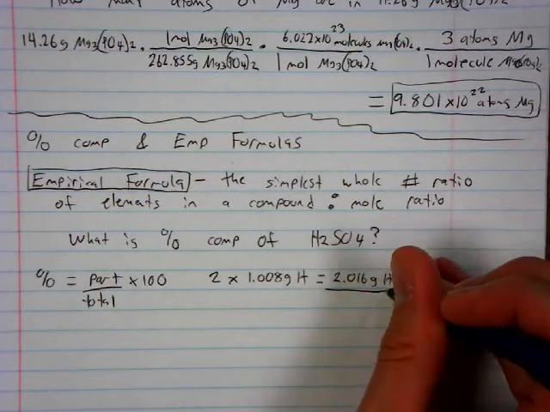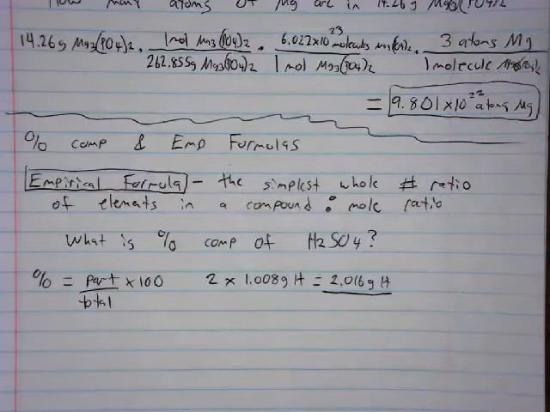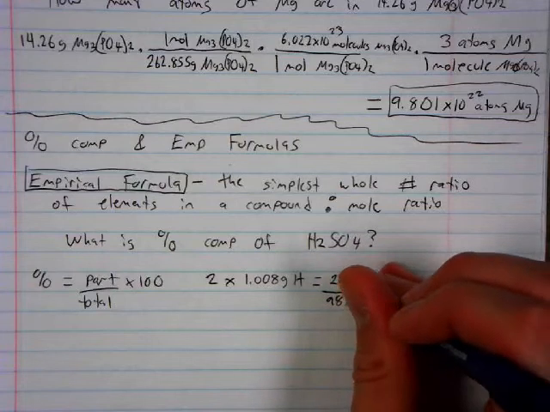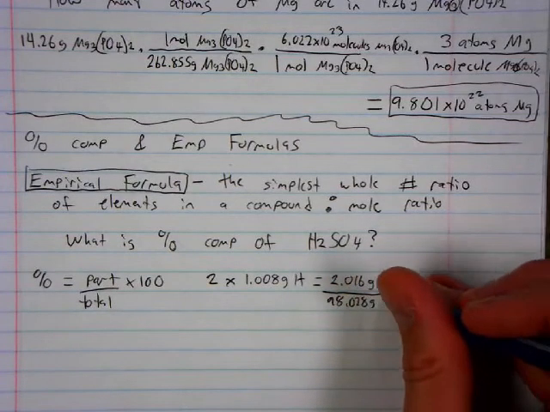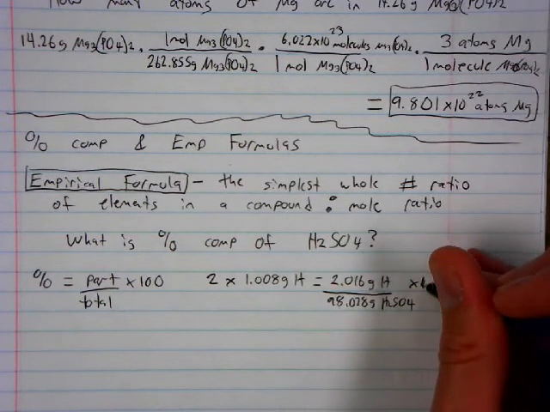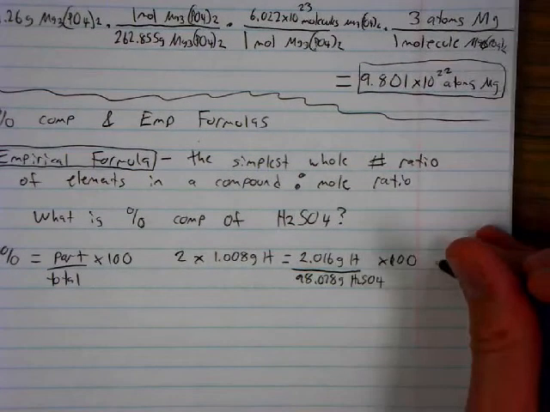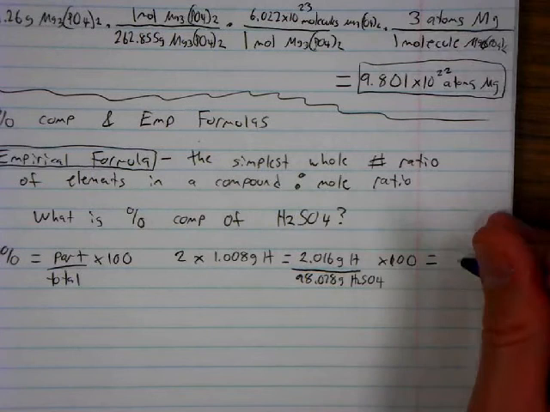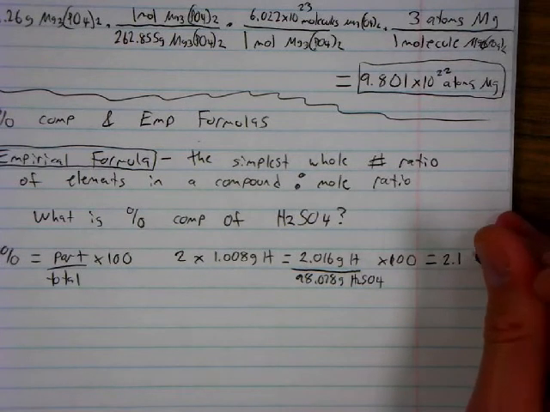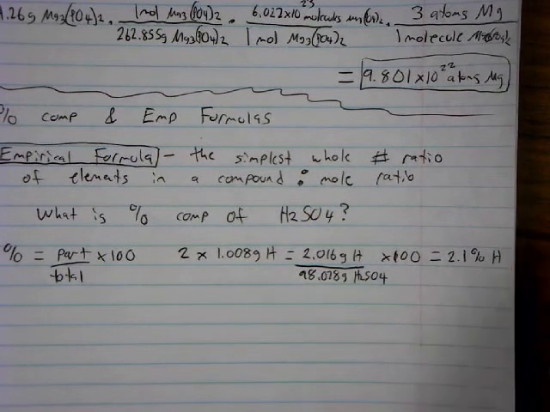2 times 1.008, so that is 2.016 grams of H, divided by the overall molar mass of sulfuric acid. Sulfuric acid is 98.078 grams of H2SO4. Grams are going to cancel out, times 100. I would suggest solving that, pausing. After you do that, you should end up with, I like to round these just to 1 after the decimal, 2.1%